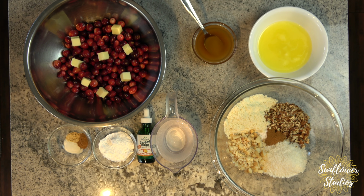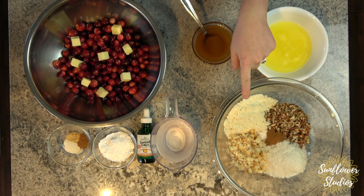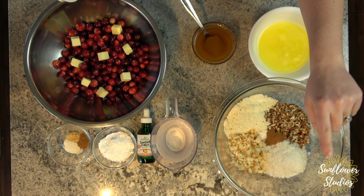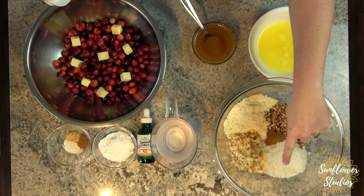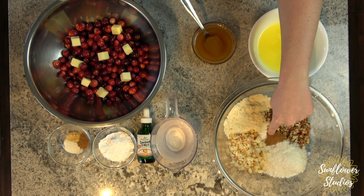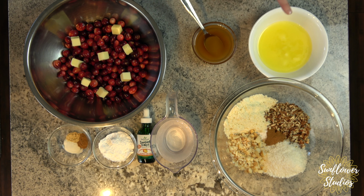So for this recipe you will need 1/2 cup of almond flour, 1/2 cup of chopped pecans, 1/2 cup shredded coconut, 1/2 cup of chopped macadamia nuts. I have a 1/2 teaspoon of salt and a 1/2 teaspoon of cinnamon in there as well. Right here I have 6 tablespoons of melted butter, 1/4 cup of sugar-free maple syrup, and a 1/4 cup of